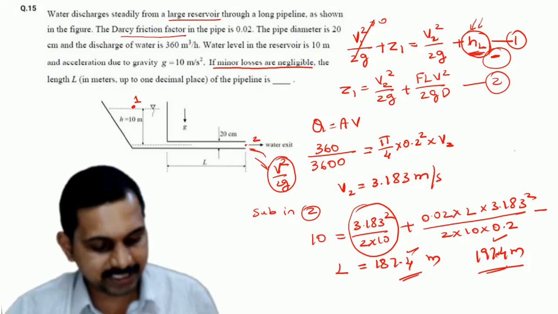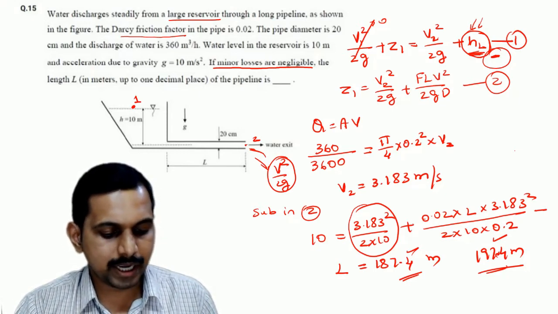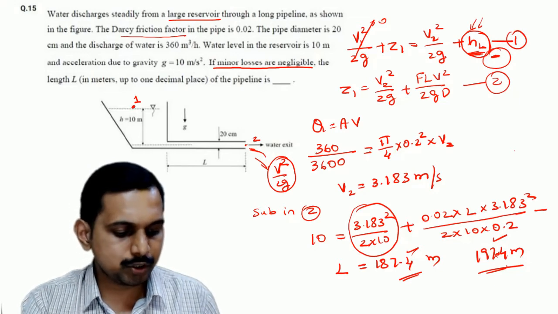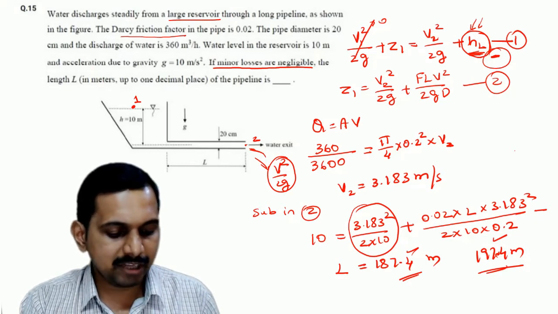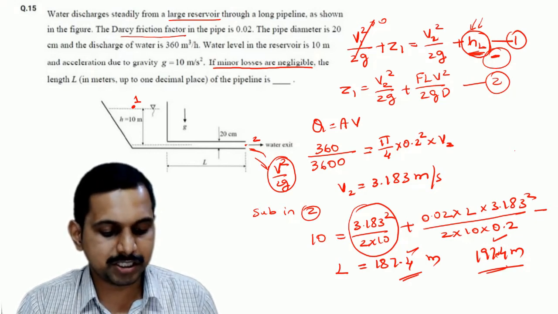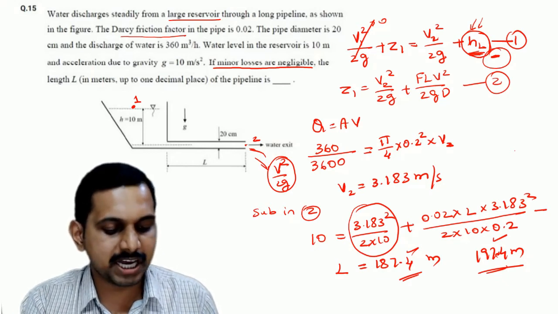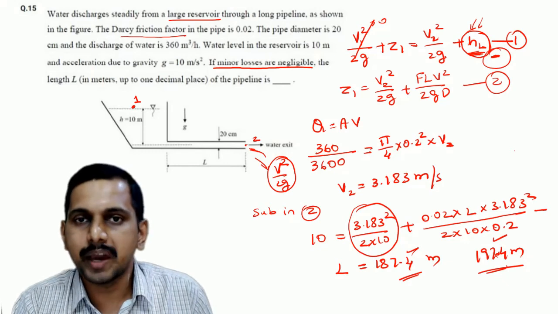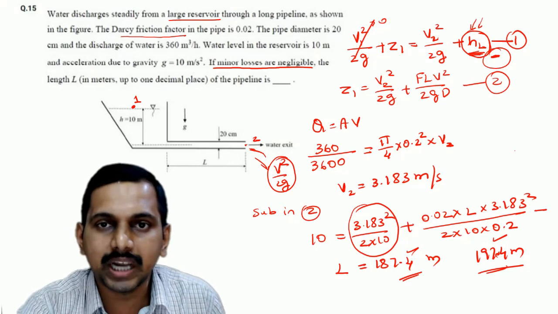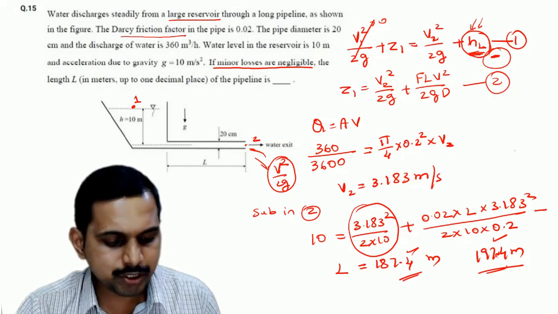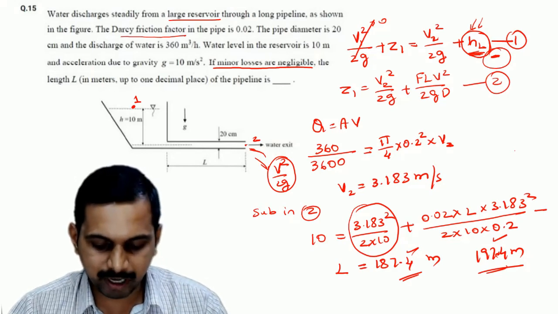So here in exit losses he says, head loss at an abrupt enlargement tends to be v1 square by 2g. I am reading it from his book. The physical resemblance of this situation is the submerged outlet of a pipe discharging into a large reservoir. So exit losses are taken into consideration when the pipe is discharging into a large reservoir, as shown in figure 5.8b. Now where is 5.8b?